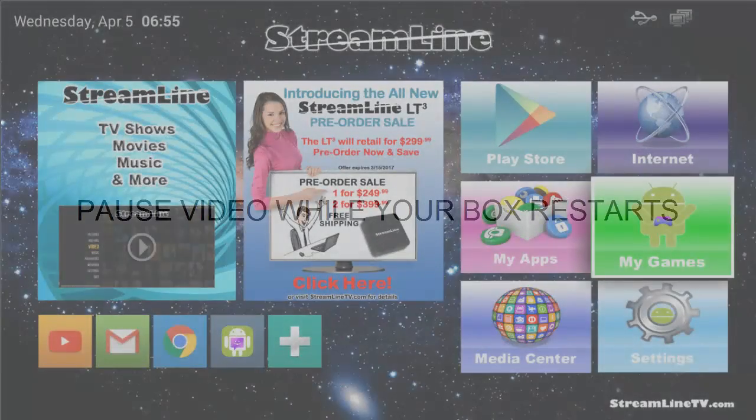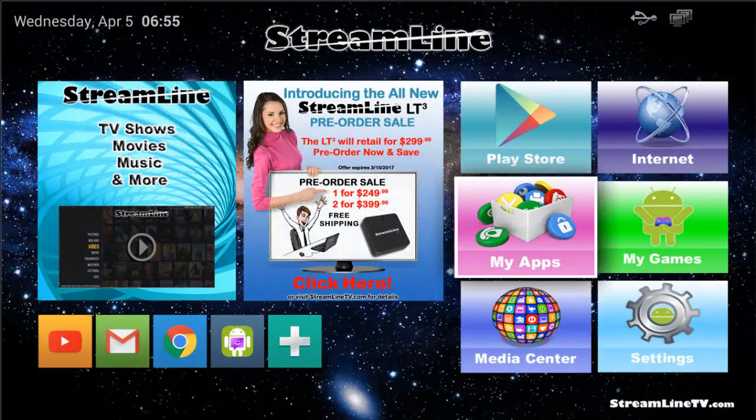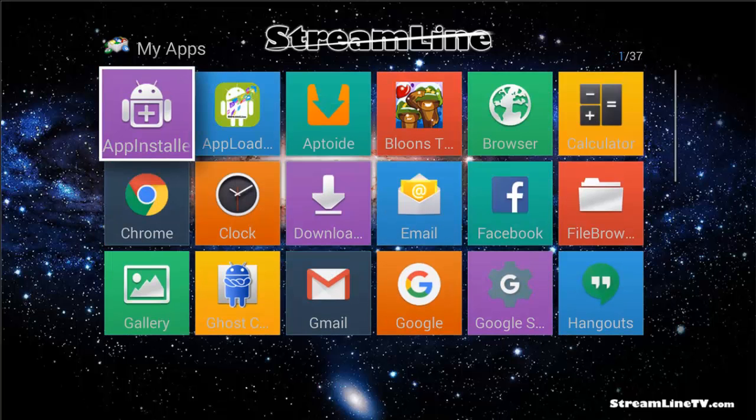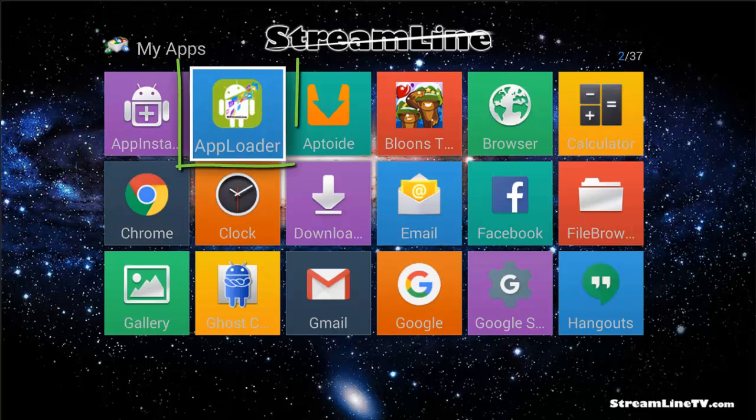Alright, now that your box has been restarted, we're going to go ahead and go over to My Apps and go all the way up to the very top. And right next to App Installer, you'll see App Loader now. That's what we just installed. So go ahead and click on App Loader,